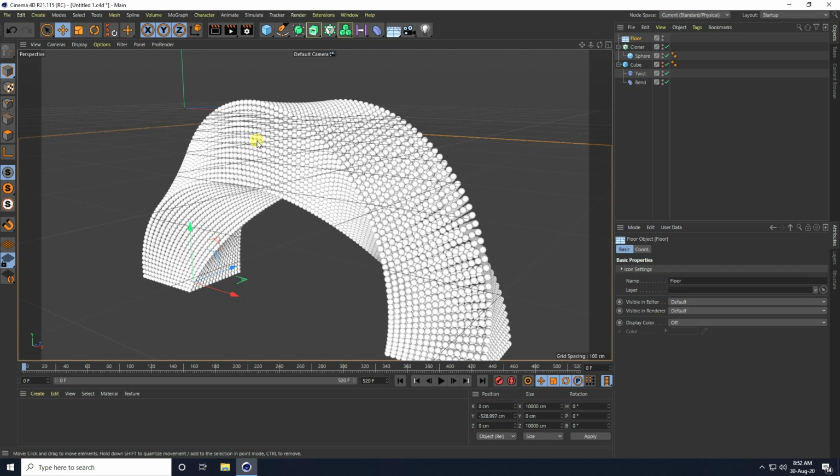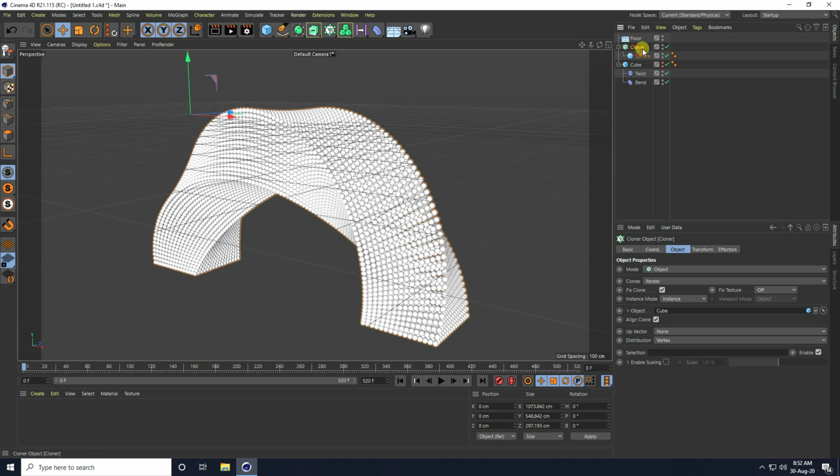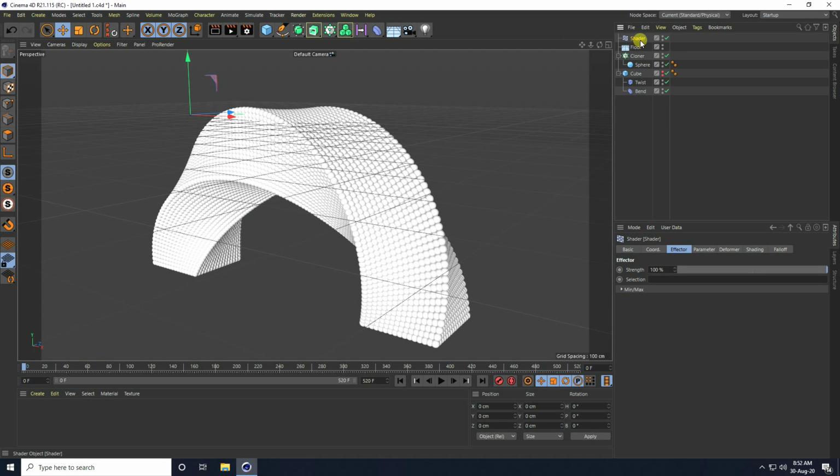Yes, right. Okay, so guys, in this step I apply a shader effector. Now I create a simple colorful animation. Select this cloner and go to MoGraph and use shader effector. Yes, guys, go to here, shader. Go on here, effector, and increase strength like 160%.